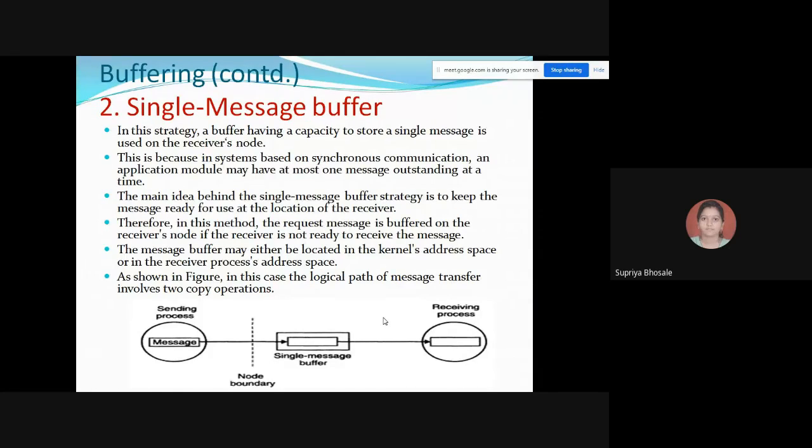Therefore, in this method, the request message is buffered on the receiver's node if the receiver is not ready to receive the message. The message buffer may either be located in the kernel's address space or in the receiver process address space. So as shown in the figure,